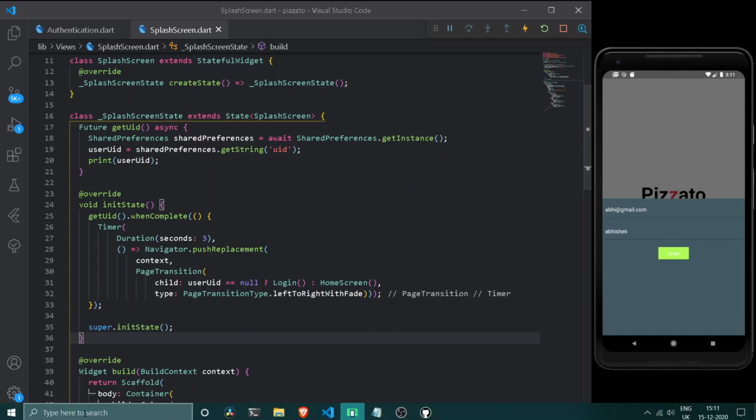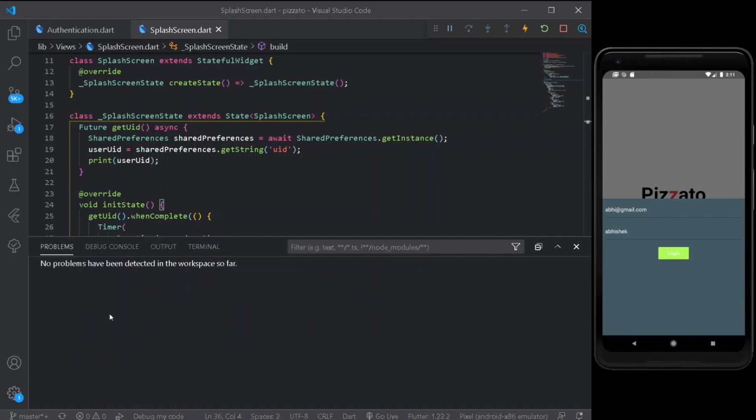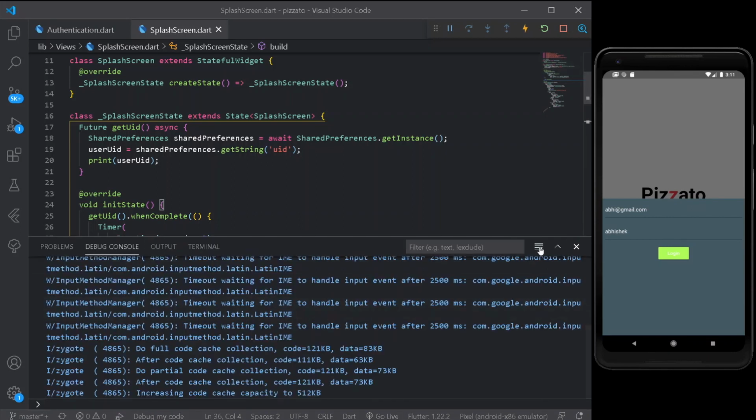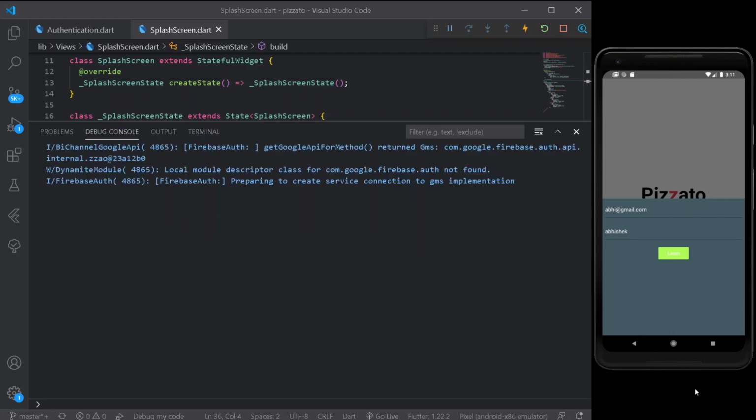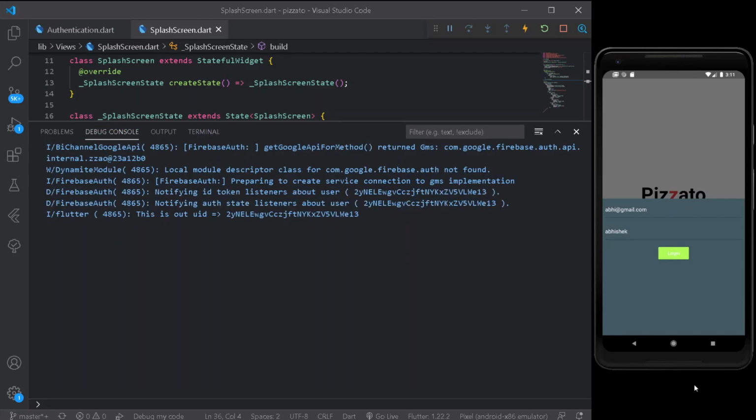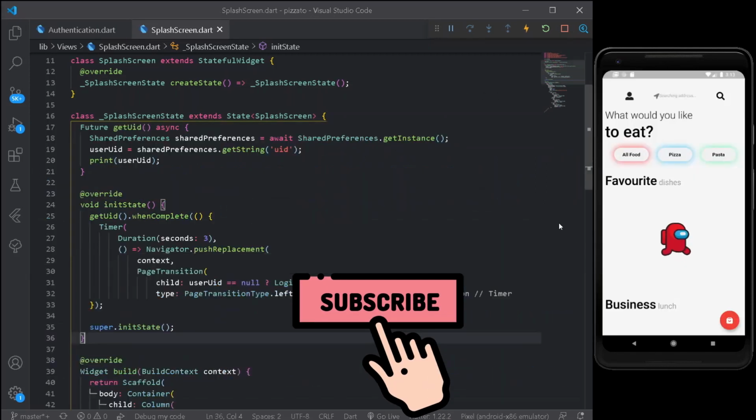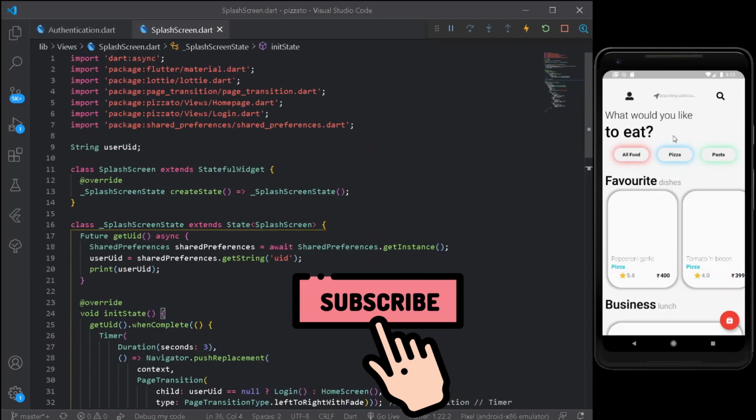Cool, so let's log in under our application. Let's check our debug console whether we are getting our user ID or not. So here I will be simply logging in one more time. Alright, so here we are simply getting our user ID key, which is 2YL something long thing. Cool, so now we are navigated to our home screen, which is our favorite dishes one and everything.